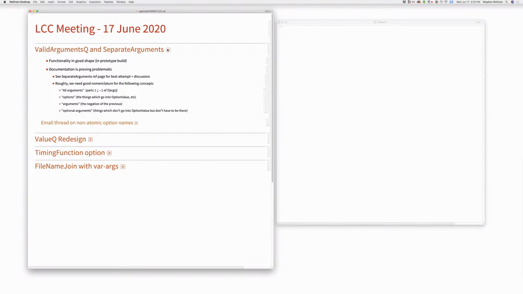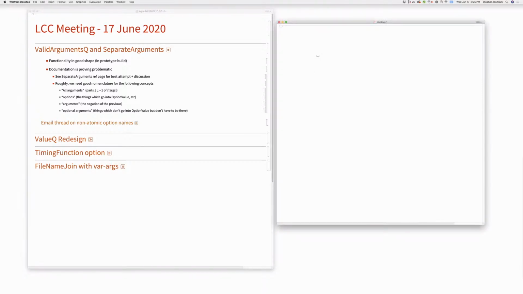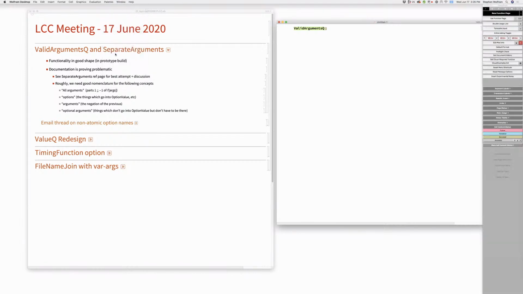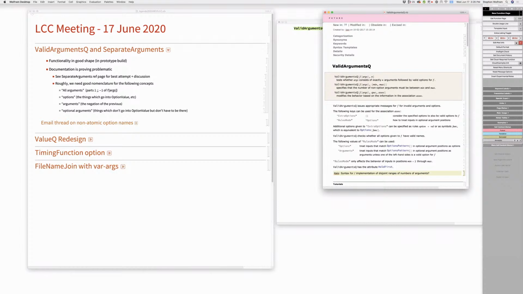ValidArgumentsQ. What is this doing? What does it do? So these are things you approved, although apparently you've forgotten. Argument checking functions, and there's a futurized ref page, although I'm discovering that it's hard to write the documentation, and I sort of explain why. But there, in that notebook, and also in SeparateArguments,